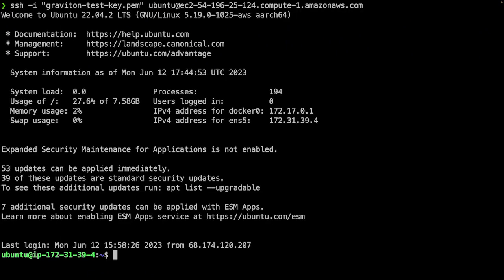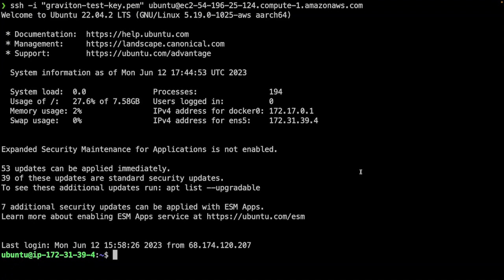All right, now I'm in my Ubuntu instance. Prior to this, to set up my instance, I already added an instance profile so that there's permissions to read to ECR, since we'll be pulling down some images from ECR, and also ran a sudo apt update and installed the AWS CLI and Docker as well. So starting from here,